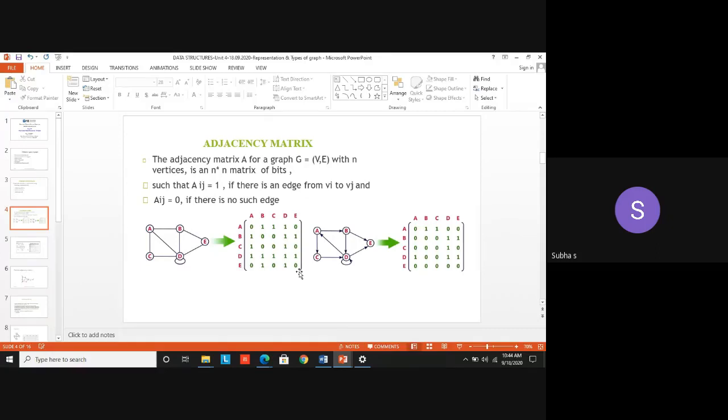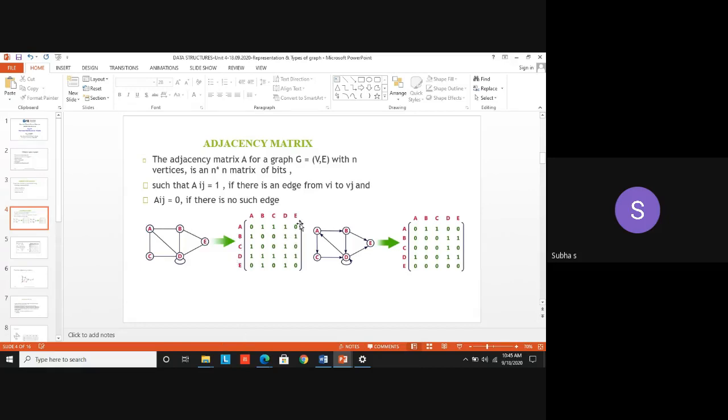Listen carefully, I will give one problem to solve. Hope you all have a note and pen with you. Take this problem and construct one more matrix. So far, which kind of graph did we see? Is it directed or undirected? It is an undirected graph because there is no arrow mark at all. It is also an unweighted graph. Weight is not there, only edges. We have not assigned any values. But we can construct an adjacency matrix for directed, undirected and weighted graphs. For all of them it will differ in slight ways.